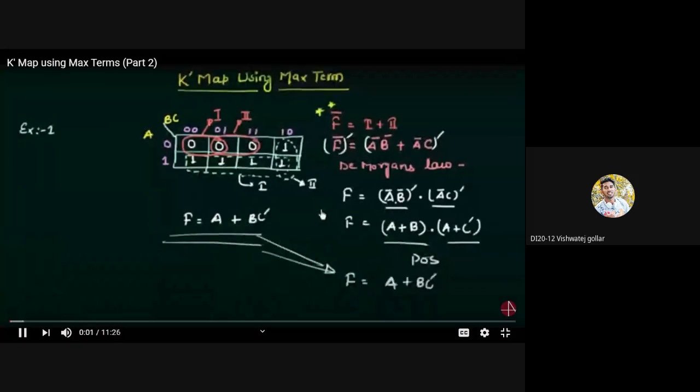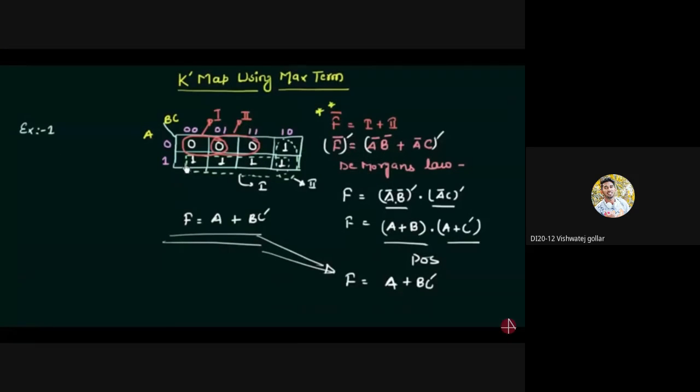In the last presentation, we saw one example by using the zeros, by grouping the zeros, which we called the K-map using the maxterm. Now this is the next presentation in which we will solve example number 2, in which we are given a function f having the variables a, b, c and d, and the minterms